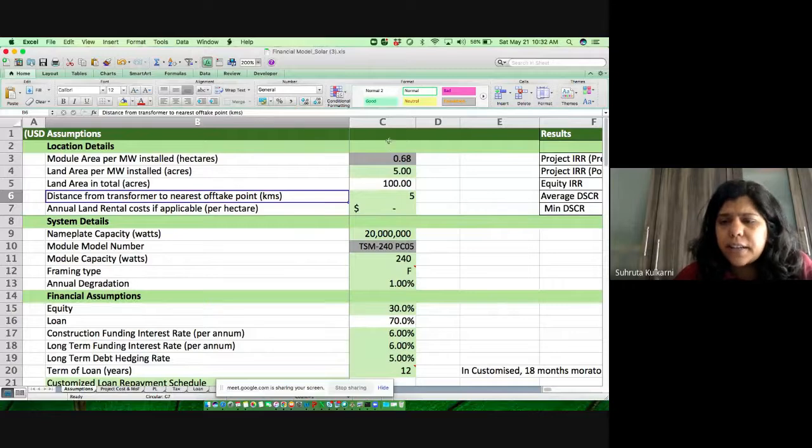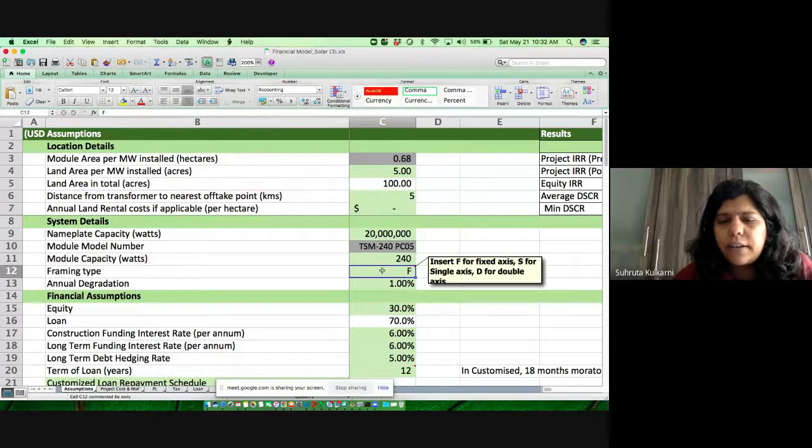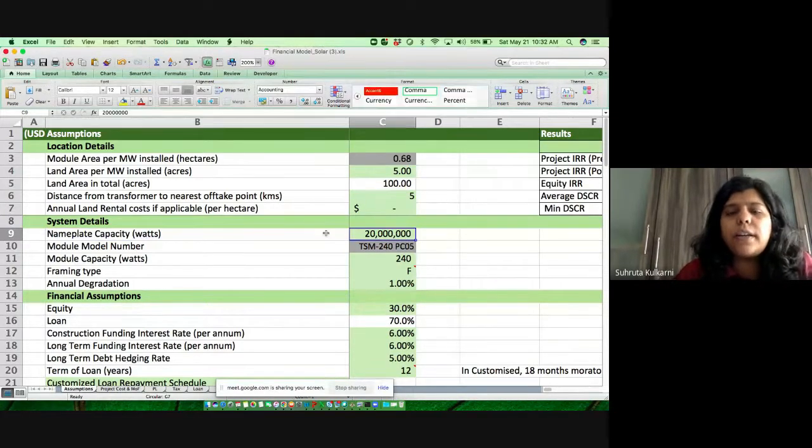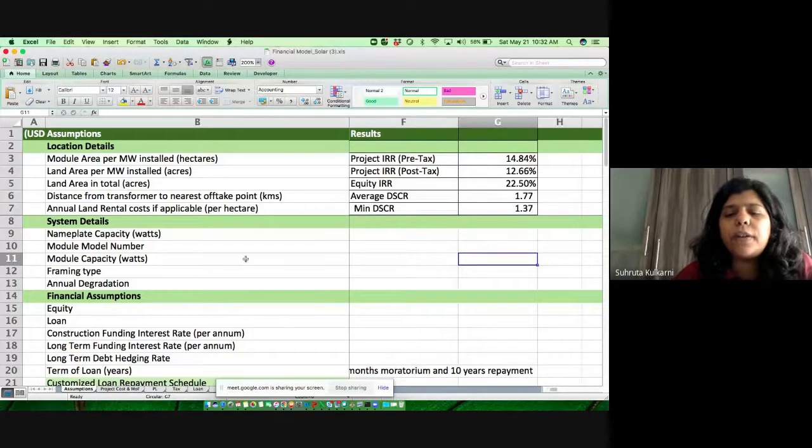Again, if you look at the structure of this, whatever here I've used a light green color, typically people will use a gray background, or they might use blue input color. So all the inputs, whatever are hard coded things, whatever is not formula based, have a separate color so that you understand that this is a hard coded input. We call it a hard coded input. This is something which you need so that you can identify it, because once you build a model, you won't be able to figure out what is an input and what is an output.